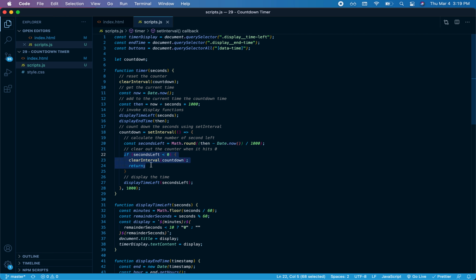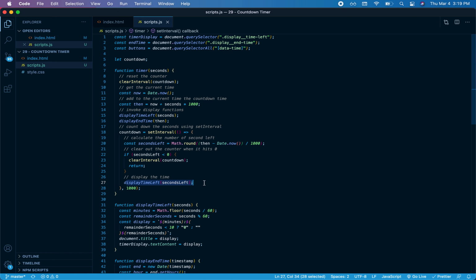This if statement is going to cover when we hit 0, because the counter would just go -1, -2, etc. But that's not what clocks do. So once the clock hits 0, go ahead and clear the countdown and return the function. Otherwise, every 1 second, we're going to run this setInterval function one more time. And the last thing setInterval is going to do is take the number of seconds left and pass it to